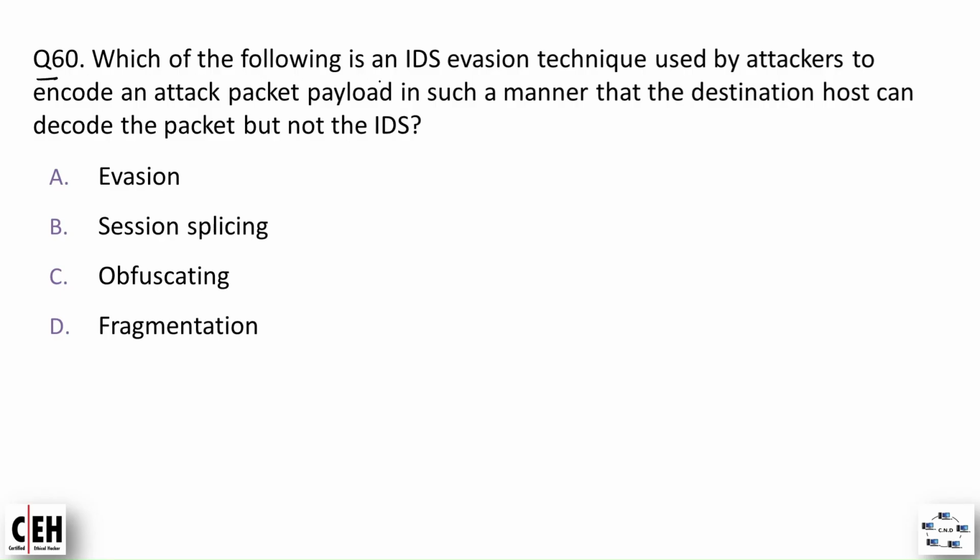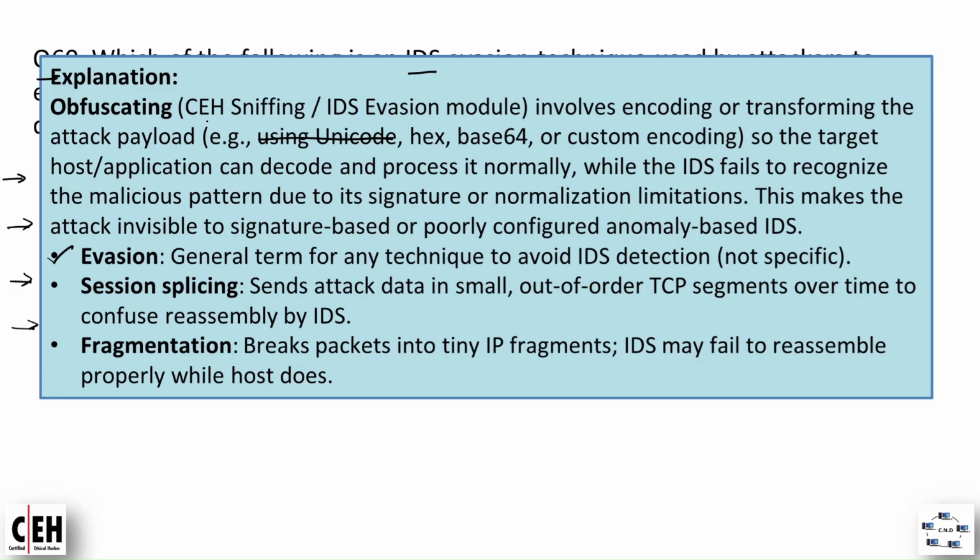Question number 60. Which of the following is an intrusion detection system evasion technique used by attackers to encode an attack packet payload in such a manner that the destination host can decode the packet but not the IDS? Option A, evasion. Option B, session splicing. Option C, obfuscating. And option D, fragmentation. And the correct option is